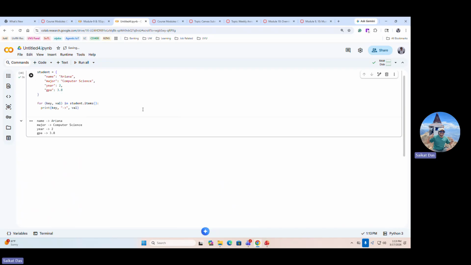The keys and their associated values. This is how we can iterate a dictionary. I already have told you, you can use an enumerate function. The enumerate function will give you